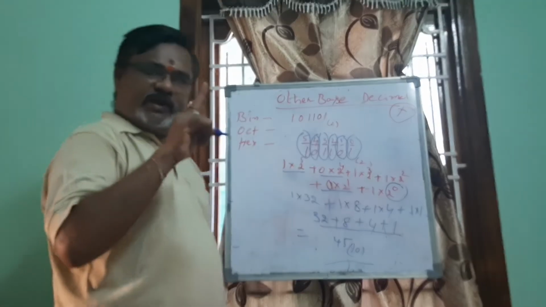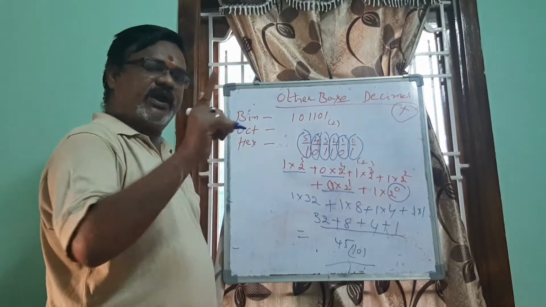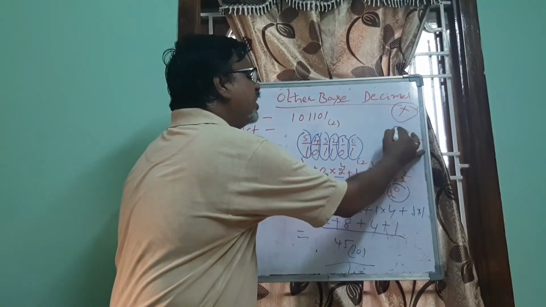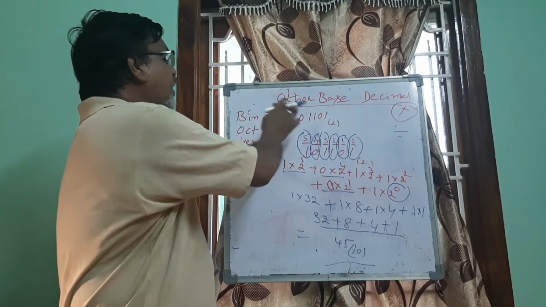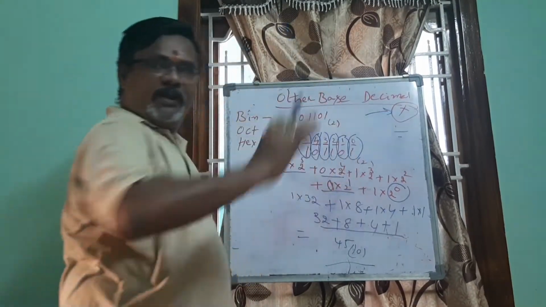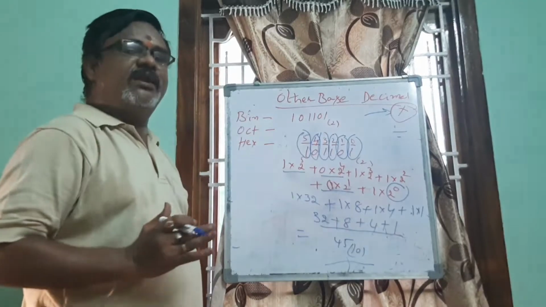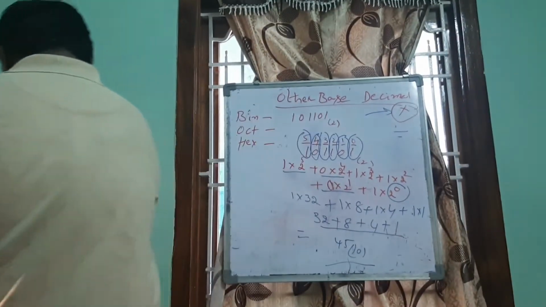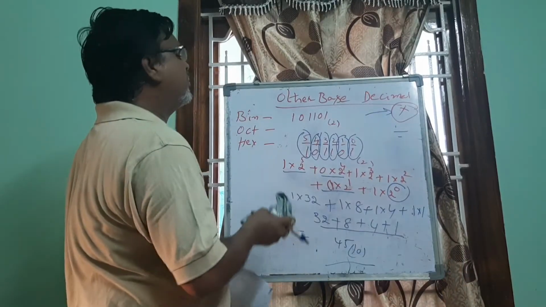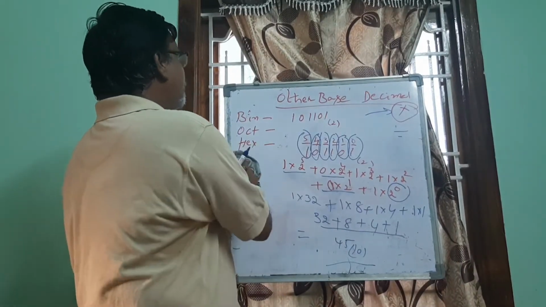When converting decimal to binary, octal, hexa, we followed the division operation. Here, converting binary, octal or hexa into decimal, we follow the multiplication operation. This is the formula you have to keep in mind. So we take one octal number and see now how to convert that into the decimal value.